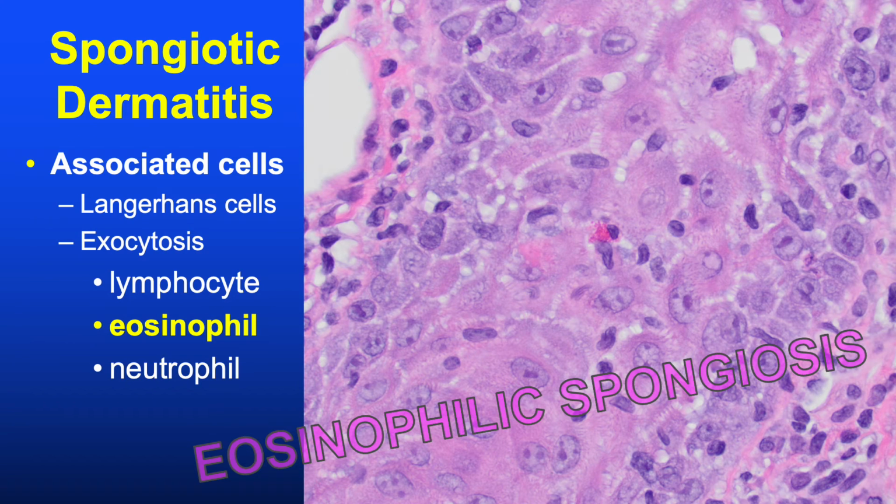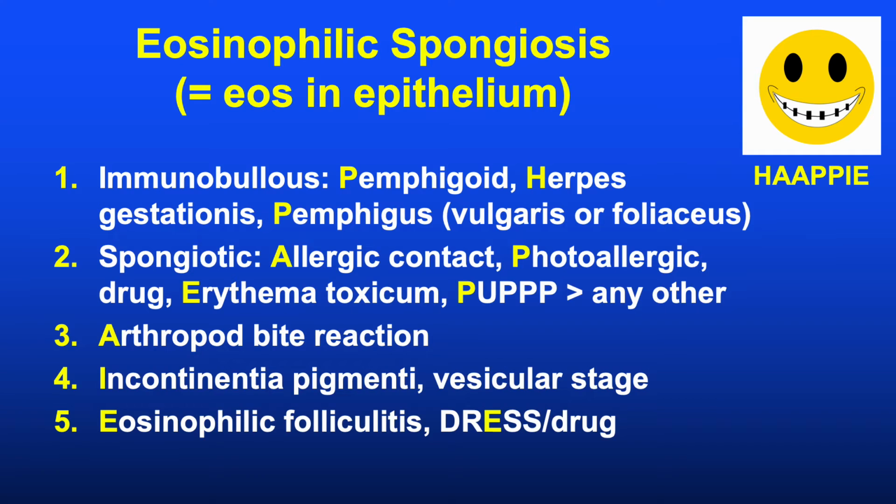And with the idea that there is a certain minimum amount of spongiosis required for the eye to appreciate, I would regard for practical purposes the presence of any eosinophil within epithelium to constitute eosinophilic spongiosis. So again, for practical purposes, eosinophilic spongiosis equals eosinophils in the epithelium. And there is a popular happy mnemonic for remembering entities that are typically associated with eosinophilic spongiosis,